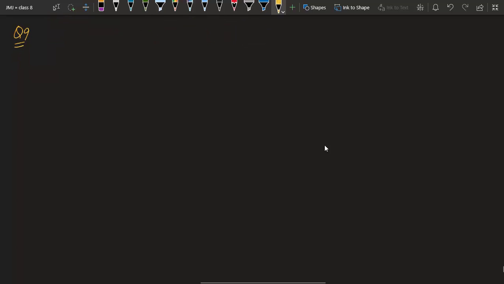Find the amount which Ram will get on rupees 4096. So principal is rupees 4096, and he gave it for 18 months. So time period is 18 months. We have to convert this into years, so divide by 12, or you can write it like this, 18 upon 12 years.